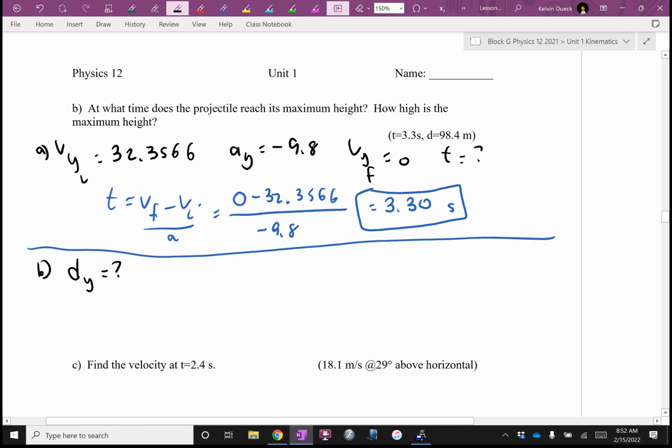I'm looking for an equation. It's got to have a D in it. And I can use a V initial, an A, a V final. You know what? Or I can use a T since I just found time. Which equation? Our good friend? D equals VIT plus a half AT squared, as long as everything is vertical. So you're telling me it's going to be